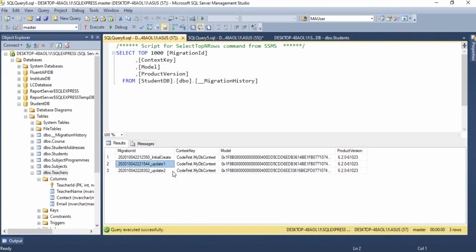As I told you, I want to roll back this update to migration content. In that case, I have to roll back to update 1. So whatever is in update 2 will be cancelled or rolled back. Whenever you specify the target migration option, you have to specify the migration ID. We want to roll back to update 1, so I have to specify this name. Okay, so let us try this.